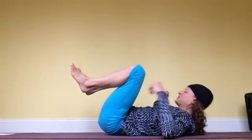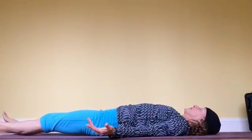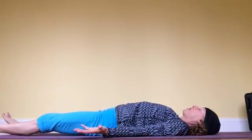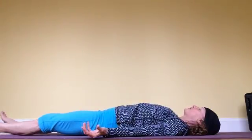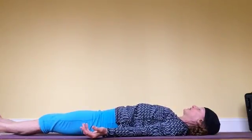Both knees into center. Take your legs long on the mat, arms by your sides. Final rest. Shavasana. Wrap your shoulders underneath you. Take your palms open and close your eyes. Resolve to be in Shavasana for as long as you like. At least 2 minutes and preferably closer to 5 minutes. This is a time that you let your practice